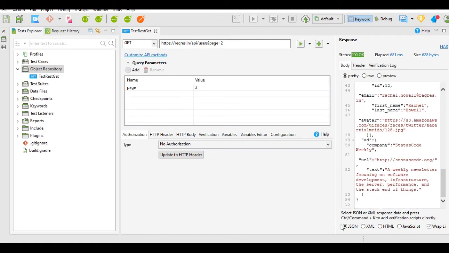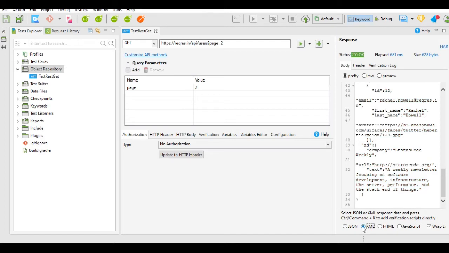This response is in JSON format, so that's why the JSON option is selected. If you click on XML, it will show XML format, HTML if HTML format, and JavaScript format. There are 4 formats which are given over here.